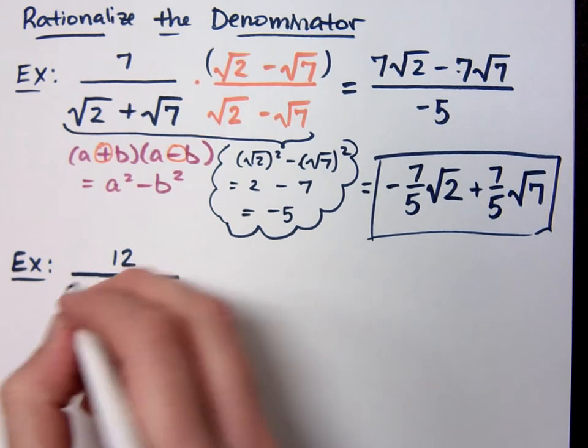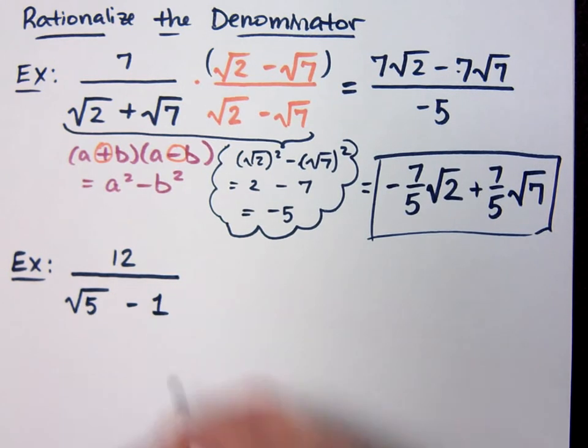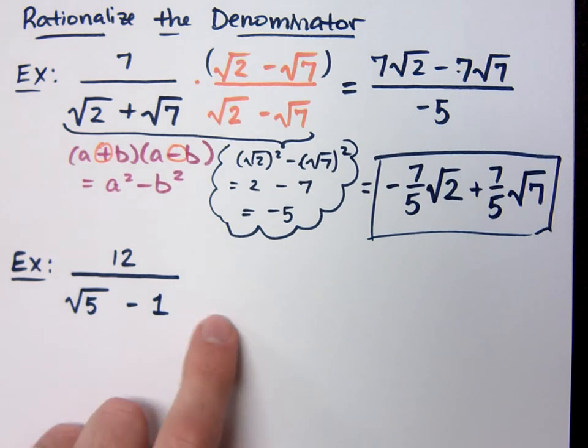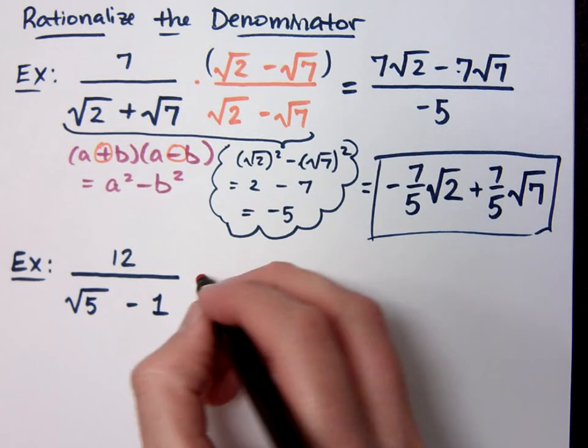If I have 12 over the square root of 5 minus 1. You may think back to the stuff we did before and say, if I just multiply times the square root of 5, then I'm going to be okay. If I multiply times the square root of 5, so if I just do this,